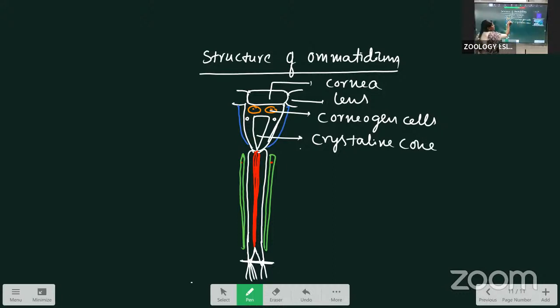Next, cone cells. Rhabdome. Down is called the rhabdome. Retinular cells,